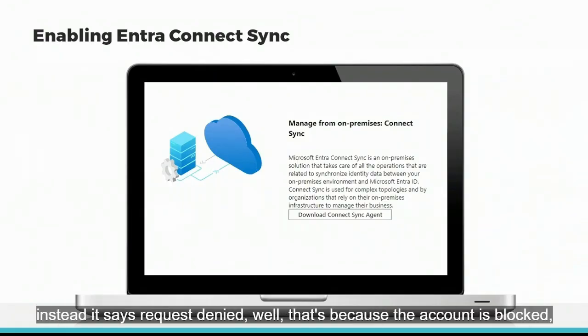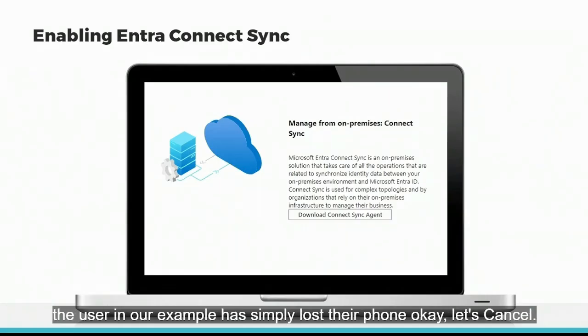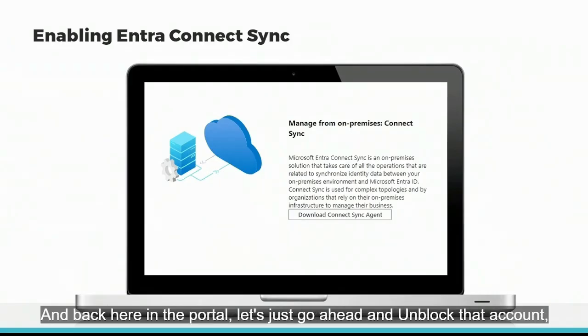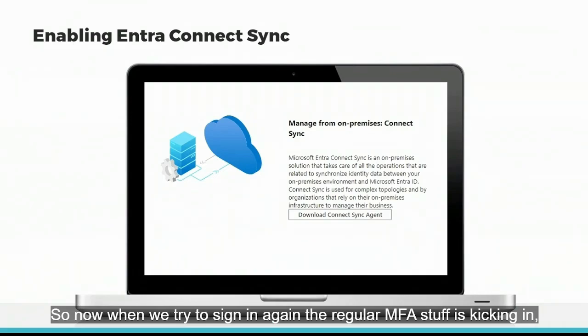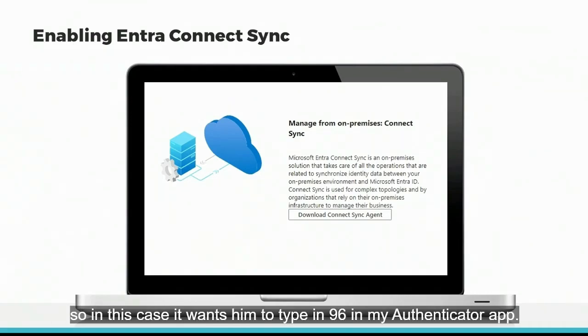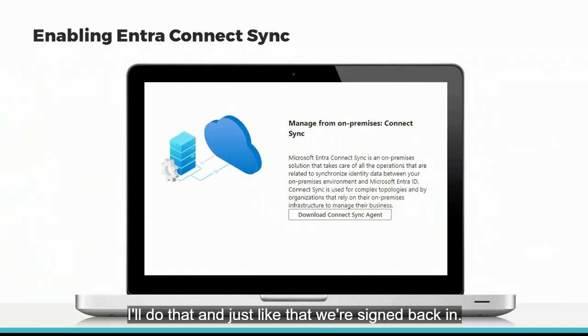So really, it's the requirements for a given scenario that will dictate whether you need Cloud Sync or Connect Sync. Remember that if you're looking for simplicity without a lot of features, then you should be thinking about Connect Cloud Sync. But if you want to use some more advanced features like conditional access, you should be looking at Connect Sync. And if you're also dealing with large on-premises Active Directory domains with a lot of users, a lot of groups, a lot of members in groups, Connect Sync is designed to handle that on a larger enterprise scale than